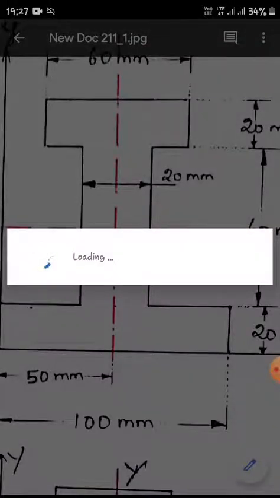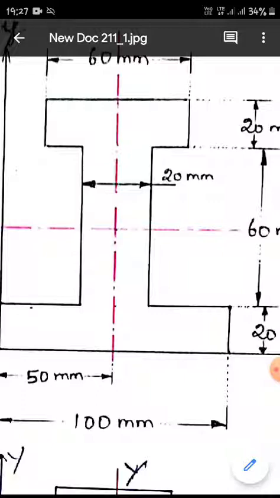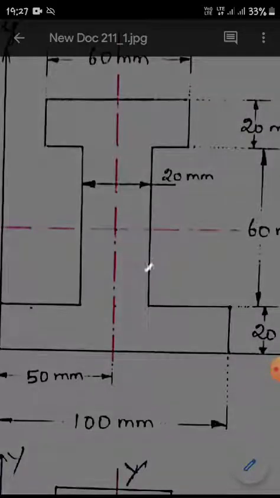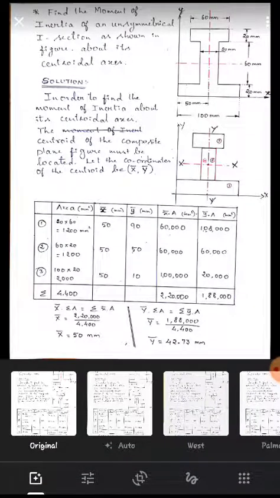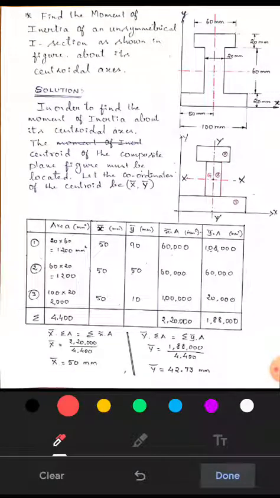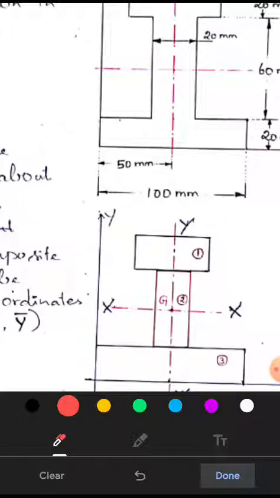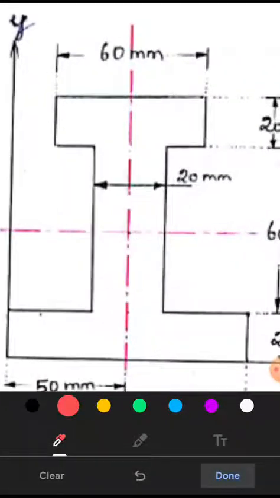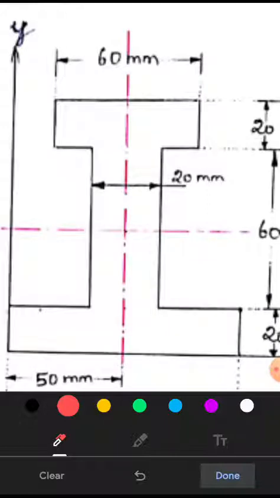The I section is known for its maximum bending rigidity, maximum resistance towards bending for the minimum area. So now we will find the moment of inertia of this I section with respect to its own centroidal axis. But in case the centroid was not given, we need to find where the centroid is. So we'll have a quick recap on how to find the centroid of any kind of cross section, with the help of the following procedure.